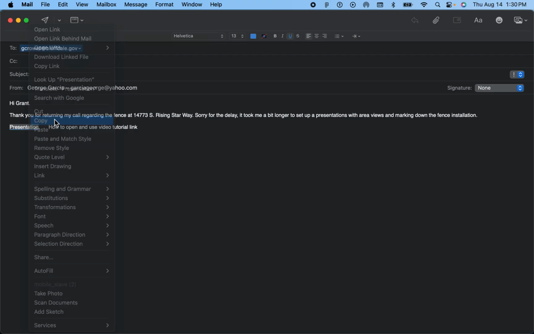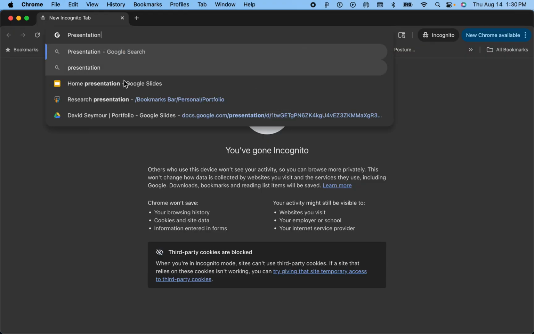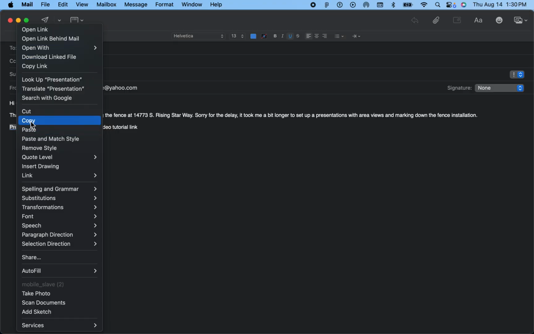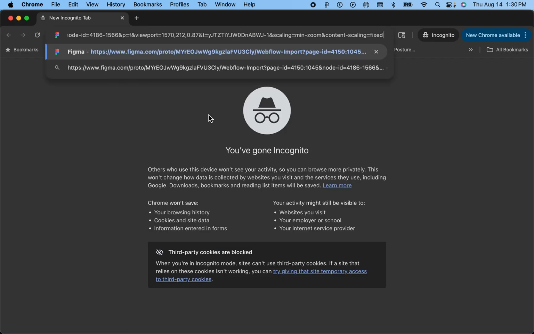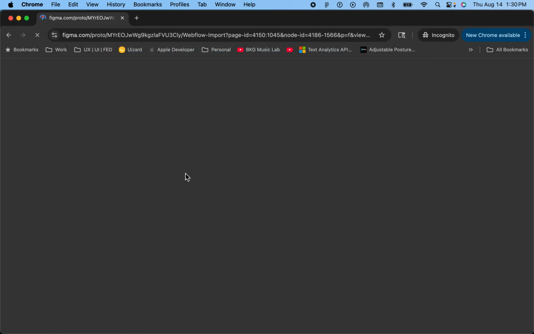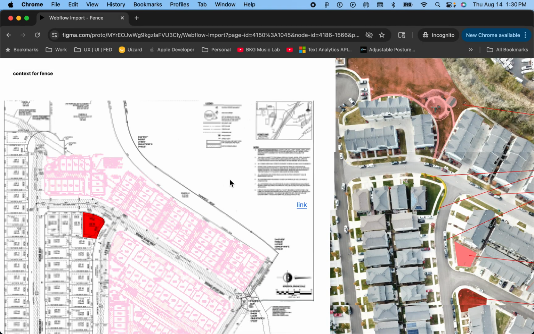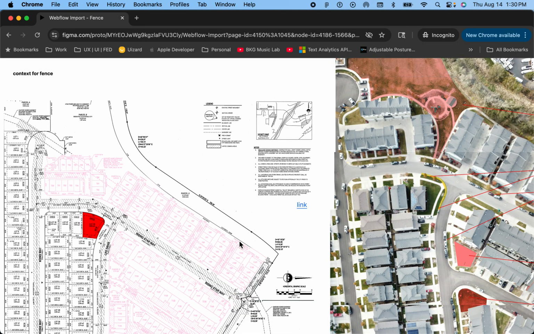So I copy the link and I'm pasting it. So you can see it pasted. Press enter. Then it'll show once you mouse over the file,